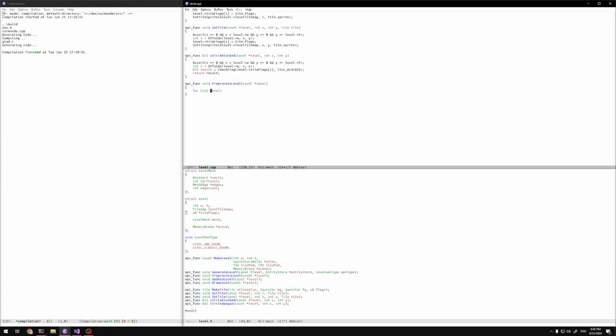Yeah, I want to know the upper neighbor and the neighbor to the left. So let's say int y equals 0, y is less than level height, y plus plus, x is less than level width, x plus plus,